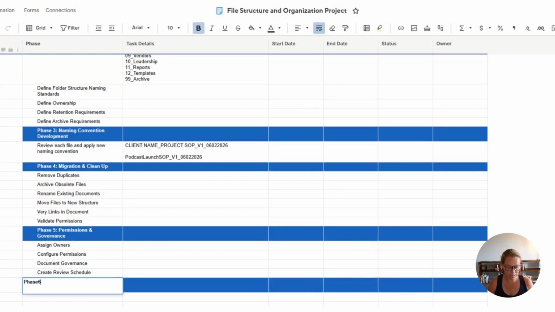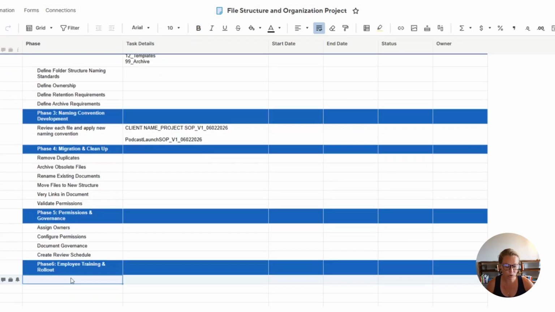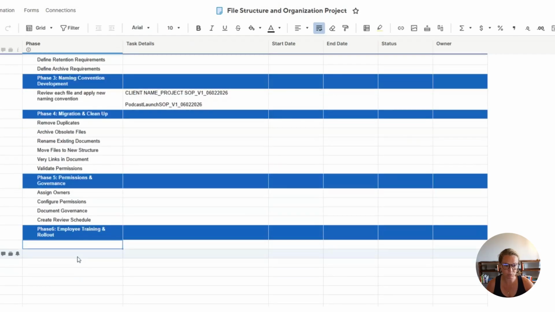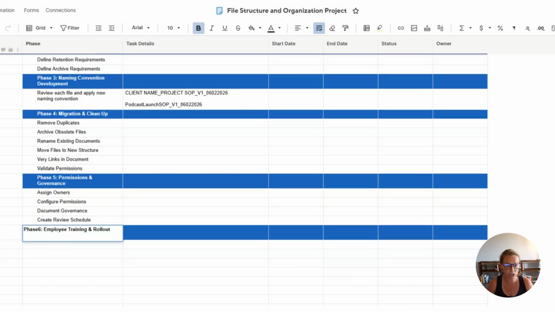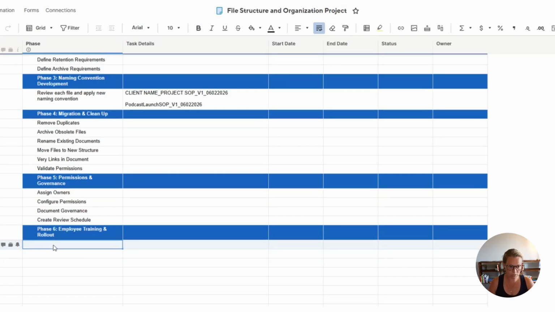So then phase 6, you're going to focus on the employee training and rollout. You want to make sure that you have trainings, documentations, and supporting documentations ready to ensure adoption of the new structure is accepted. It is very difficult to go through change, but it is important to have the supporting documentation to help through that. So from a training topic perspective, what you're going to have is